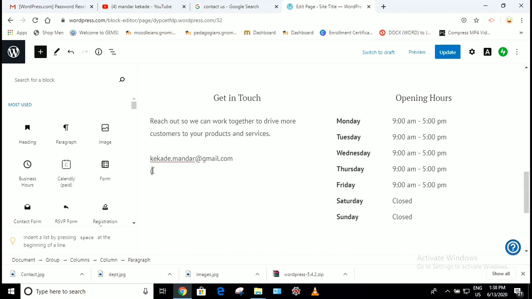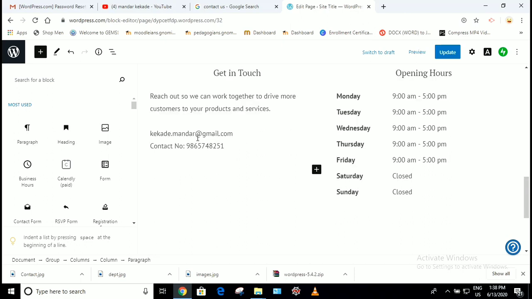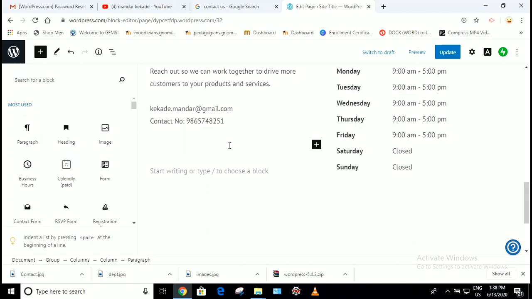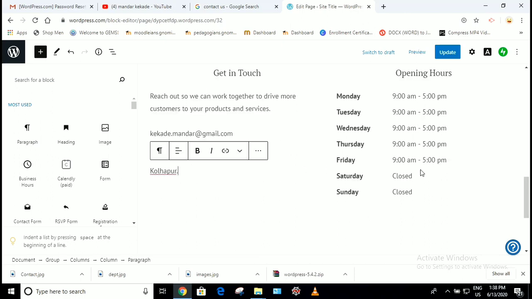It will get deleted. Now, I want to add the contact number. I will add something, contact number. And for example, I will add here Kolhapur. That is my address. Okay. The timing hours, I don't want to change it, so I will keep it as it is.